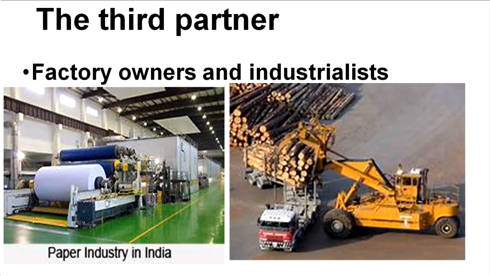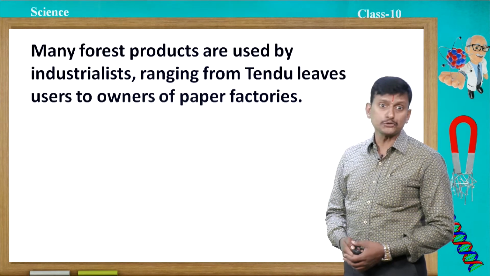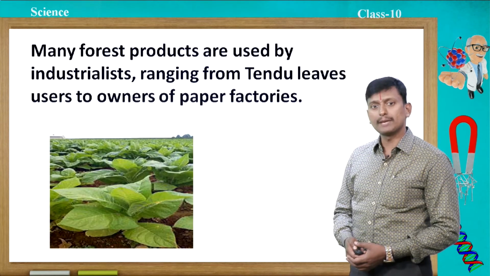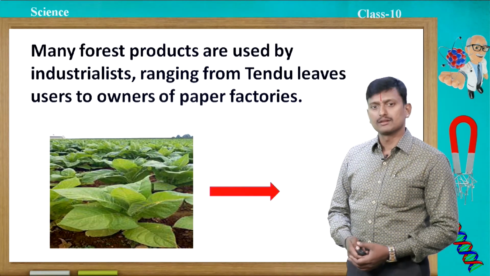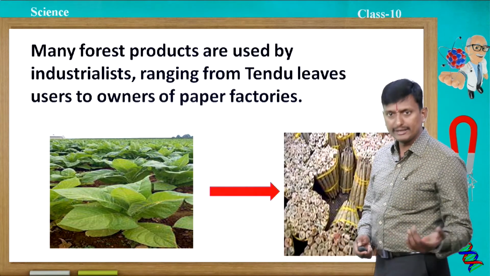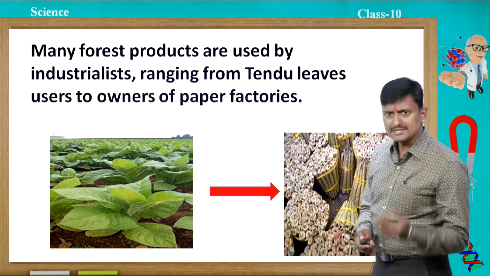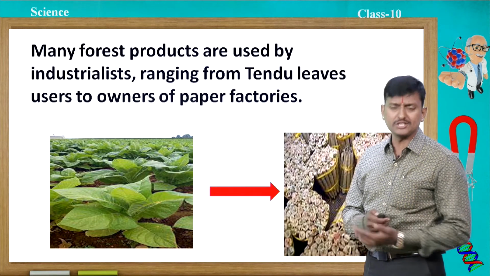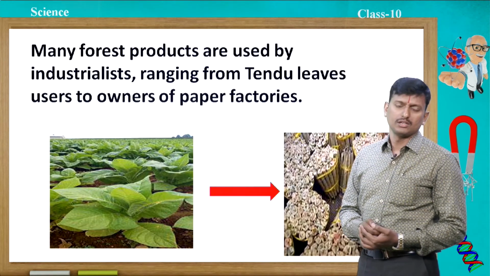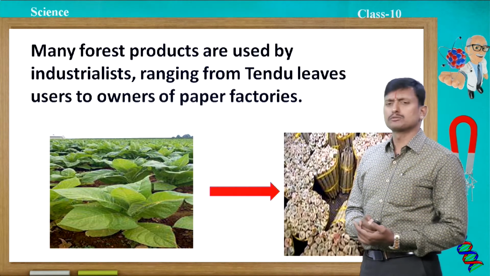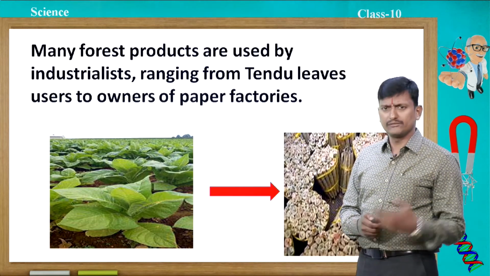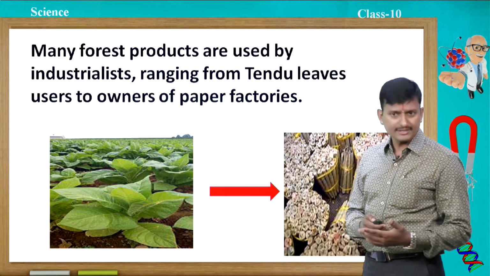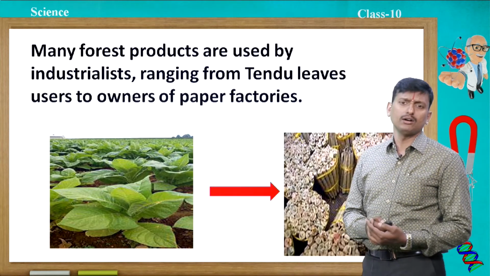Also, you know that many forest products are used by industrialists, ranging from tendu leaf users to owners of paper factories. This is the tendu leaf, which is used to manufacture beedis. So, people ranging from tendu leaf users to many big industries depend on the forest. We all play cricket and different types of games, and for all of them we use different types of wood, like for bats, rackets, everything. These industrialists depend on the forest, but